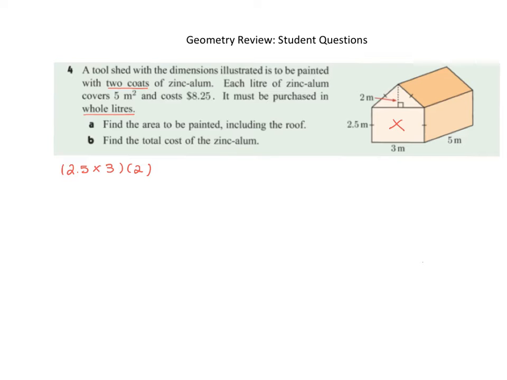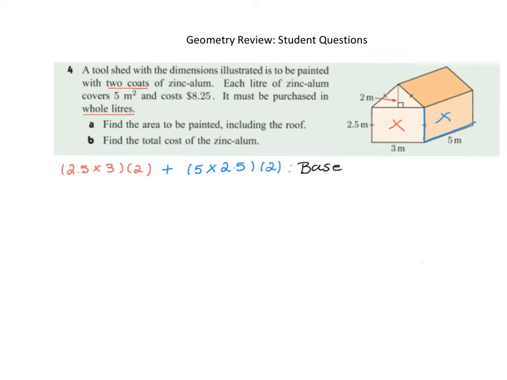Now we need to take into account this part here. So you've got that 5 meter length, and you've got the 2.5 width, and you've got 2 of those, of course, so you're going to have to double that. So that's 5 times 2.5, and then you're going to have to double that. So that is the base of this